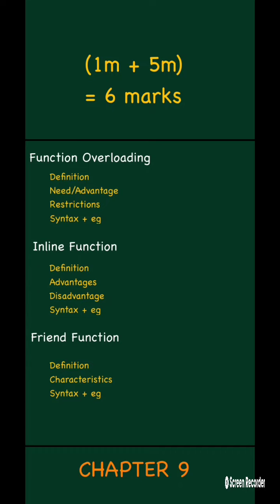In function overloading, we have to learn the definition of function overloading, what the need or advantage of using it is, and its limitations or restrictions, and its syntax along with some examples. Function overloading is nothing but two or more functions having the same function name, but they must differ in the number of arguments and type of arguments. That is the definition, and you have to write the need and advantages. Need or advantage or pros are the same. Restrictions are nothing but its disadvantages. That means when we cannot